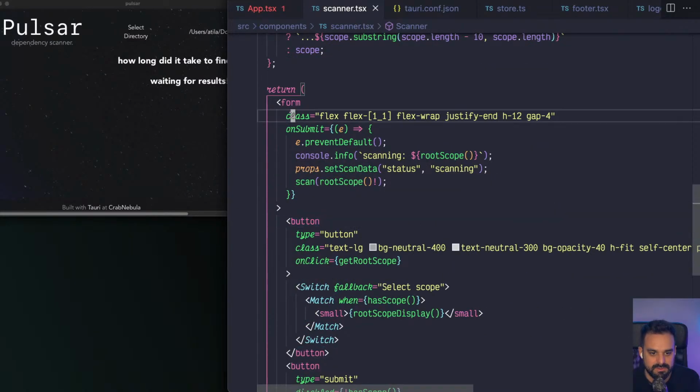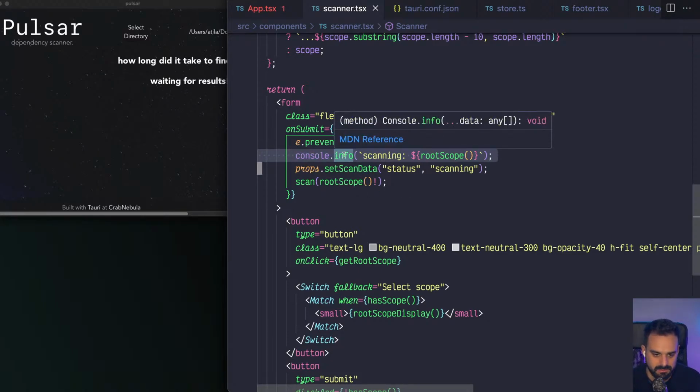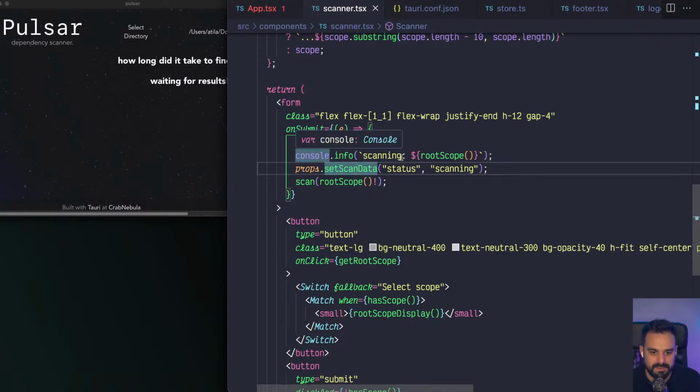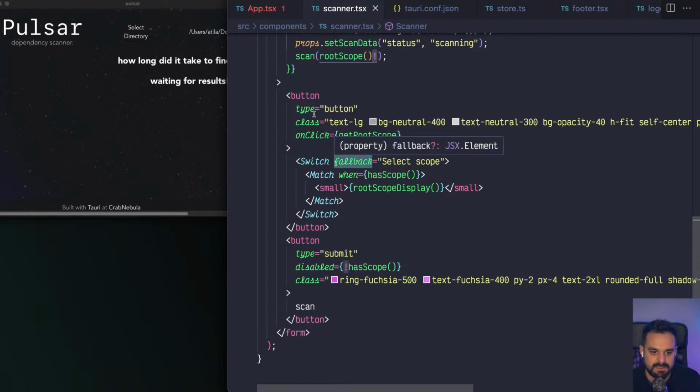So what's gonna happen is in the form, we set up some flexbox. We're gonna prevent the form from the default stuff because we're still in a web view, so web things apply here. And the form automatically on submission navigates, and we don't want it to navigate. Then for the sake of debuggability, I'm gonna log that we're starting the scan. We can set the status for scanning, and then we can set the scan scope. Here we are asserting that this is gonna be defined,